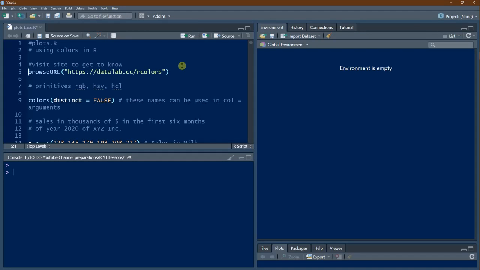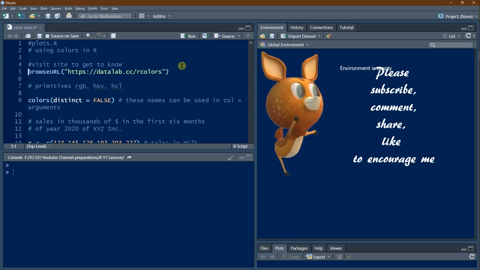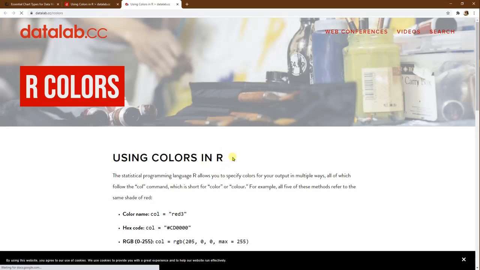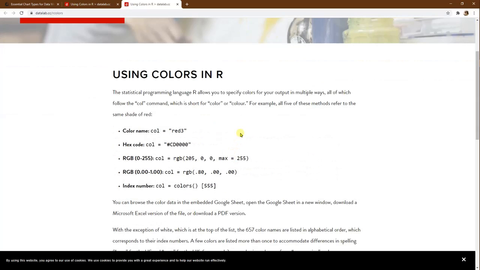We have got the script in RStudio. For today's session, let's start with browsing a particular website where you get to know about the colors. Here, we've got the details of the various color names such as red3, etc. and a hexadecimal code for such a color, which also can be explained using the rgb function wherein you give 3 values, maximum is 255, or it can be given as a fraction between 0 and 1 like 0.8 and 0, 0, that also gives the red3.